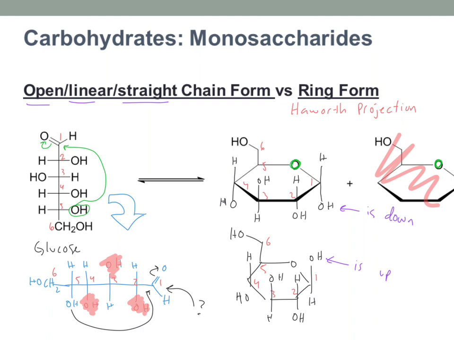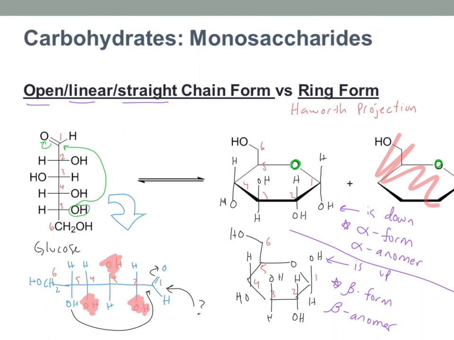And the idea is that these two molecules, when this glucose forms, they can form either one of these two. When the OH is down, this is what we call the alpha anomer, the alpha form. So the alpha form or the alpha anomer, where anomer is the term used for these types of differences, where the only difference is that OH up or down when this open form closes. When the OH is up, this is called the beta form or the beta anomer.